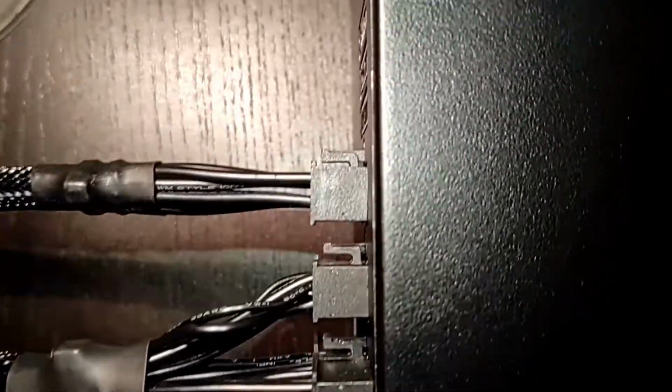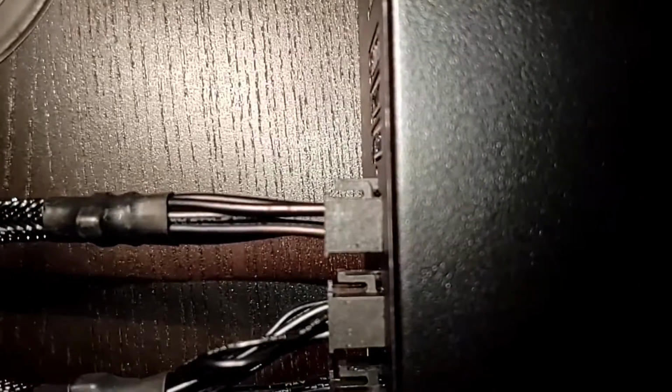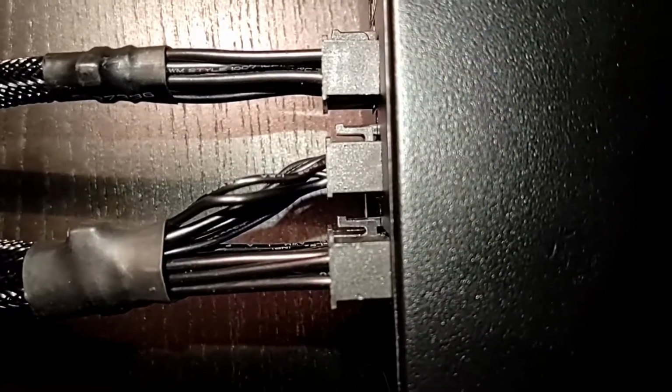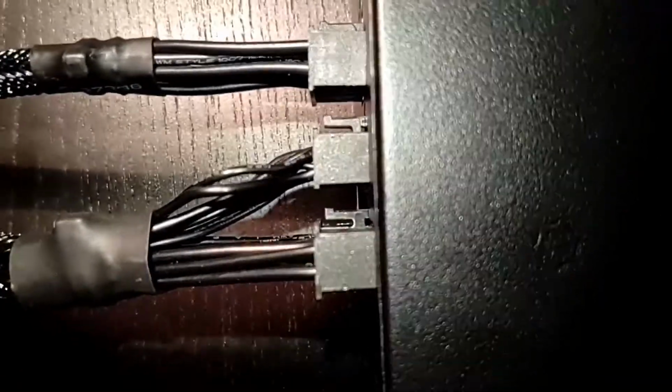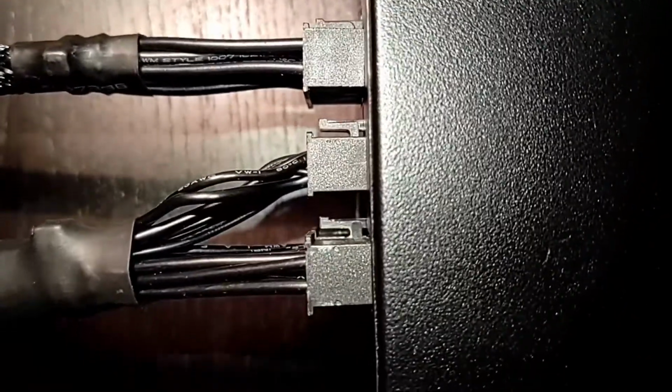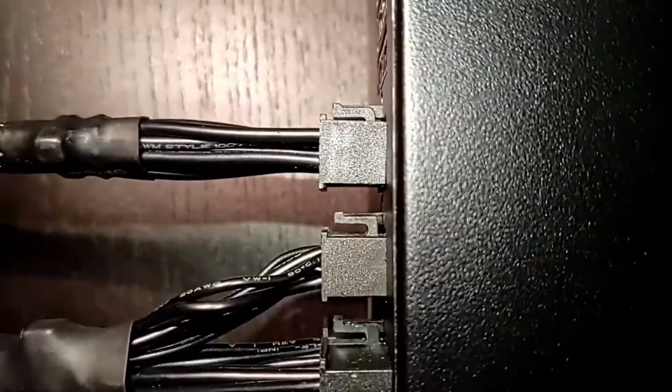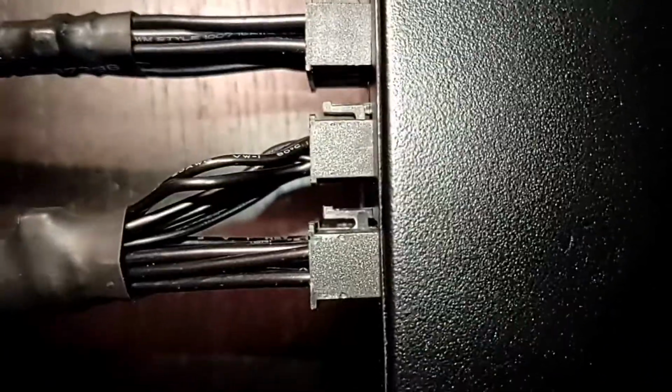Well, I heard, unlike the very loud snap, these guys lightly snapped in. So I was a little worried they're not in 100%. But then you can tell these clips are forming like a T formation, an L formation. So they did snap in. So with these two cables that need to be connected,